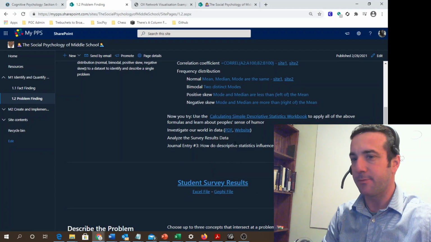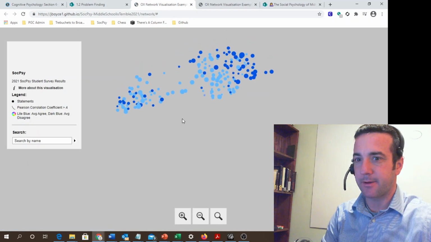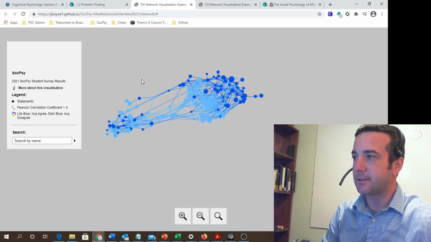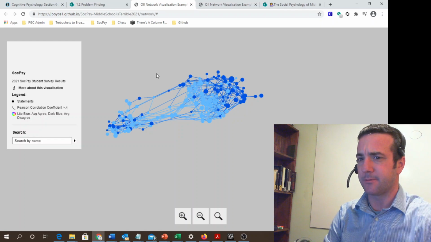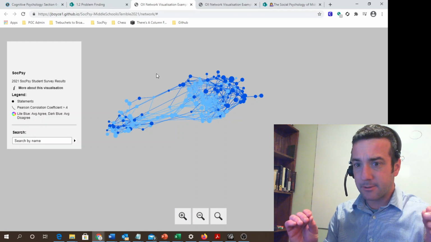survey results. We're going to open this in a new tab. That's going to bring us over to our social network diagram. So you can drag it around by left-clicking, and we can already see that there are some definite communities here. We don't have any idea what they mean or what they are, but how a social network diagram